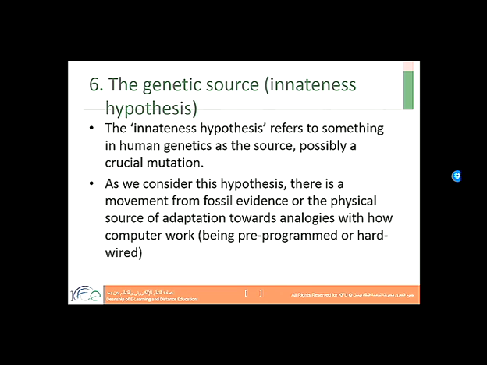So according to this hypothesis, it's argued that babies are born innately pre-programmed. Kids or babies are born with the ability to speak because of being pre-programmed, or because of being hardwired.